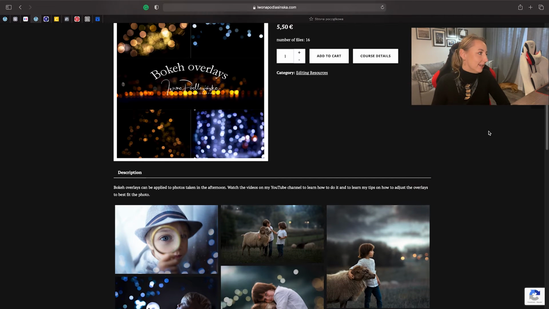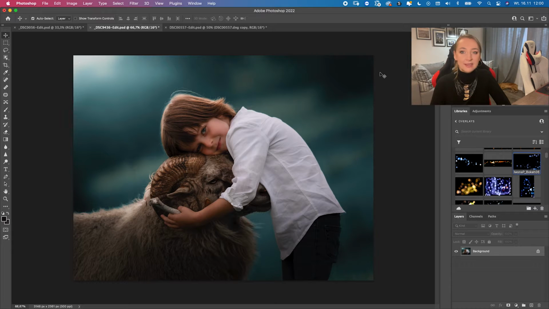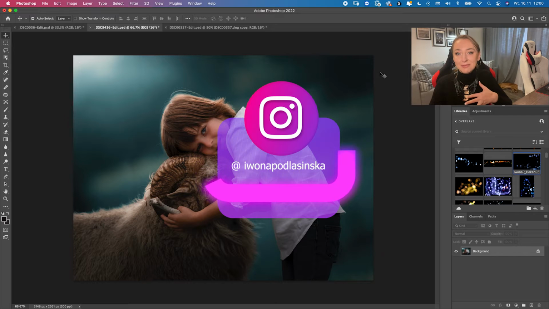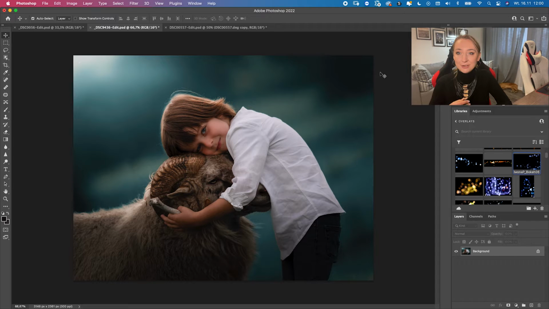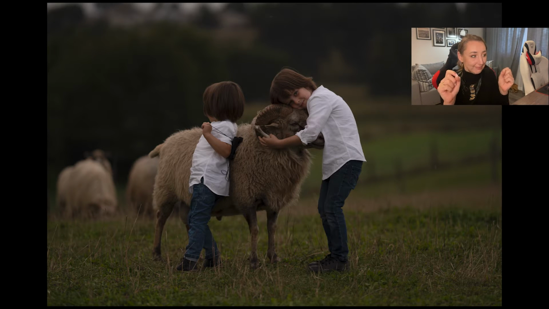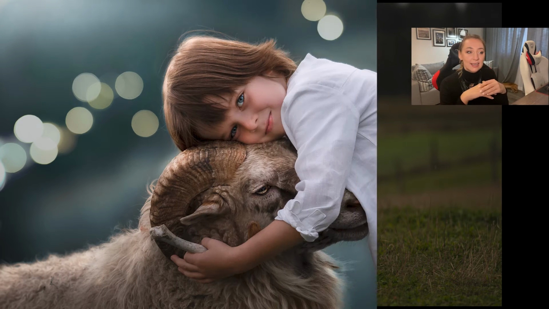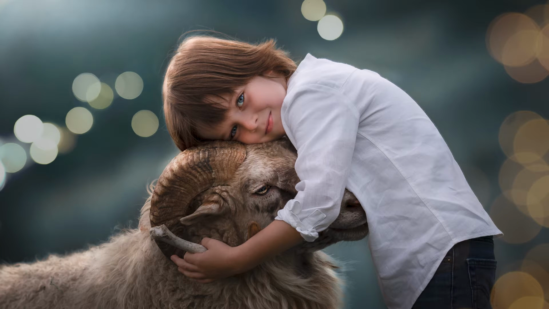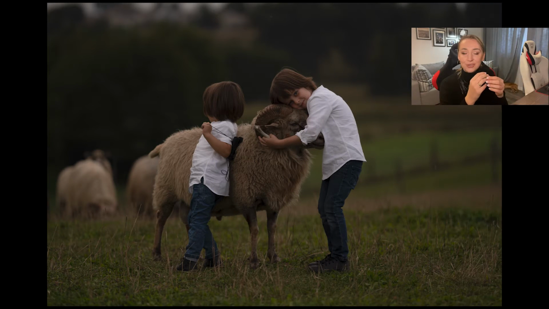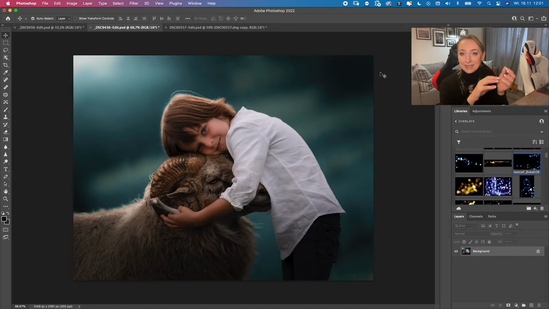I'm going to start with this photo over here, and this one had a lot of likes on my website, on my social media, on my Facebook and Instagram, and a lot of people were asking about editing of this photo, and so I decided to record the whole editing. You can see where I started with, and this is the final result. And so the change, I think, is huge, and so I thought that I will just show you how I did that step by step, including colors and everything, and you can find it on my website,